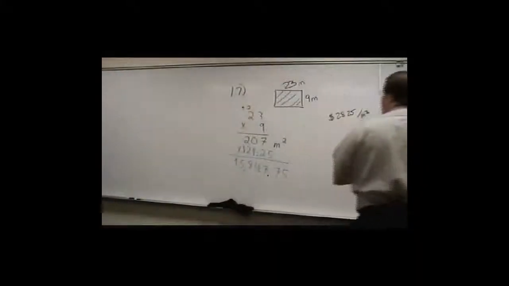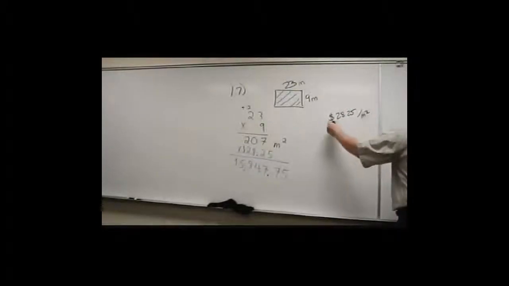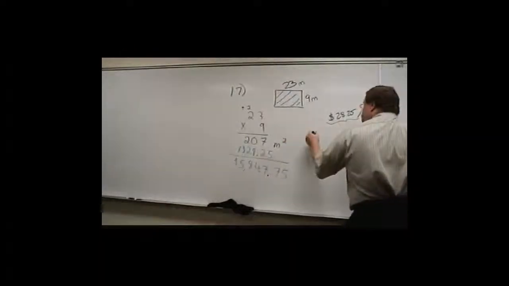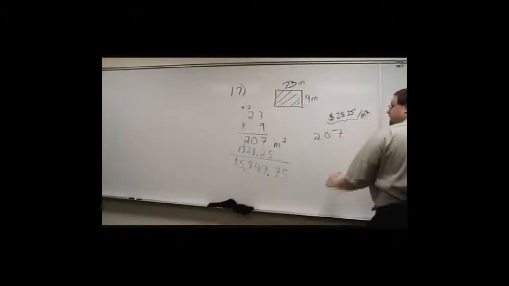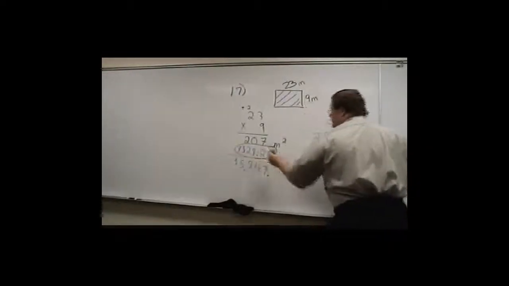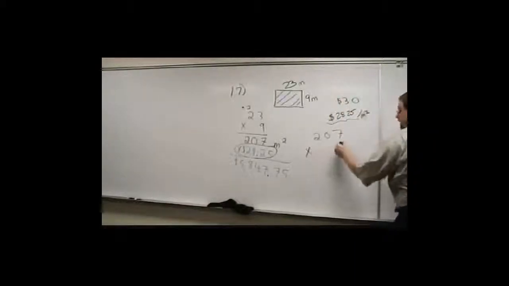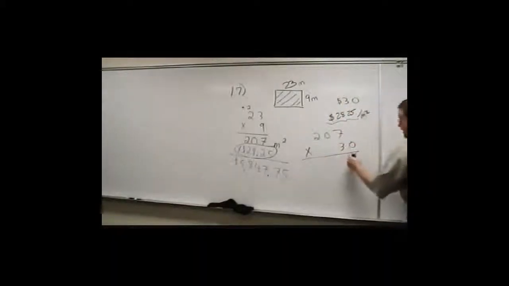What I can do instead is take a look at this number and round it up. My answer will be slightly off, but all the choices are so different that I'll get close to the correct answer. So I'm going to take the area, 207 square meters, and I'm going to round this money amount to roughly $30. So I'm going to multiply by 30, and the trick is I can just tack on a 0